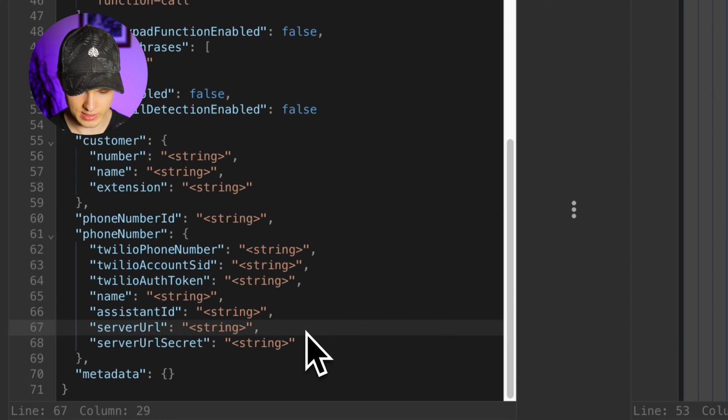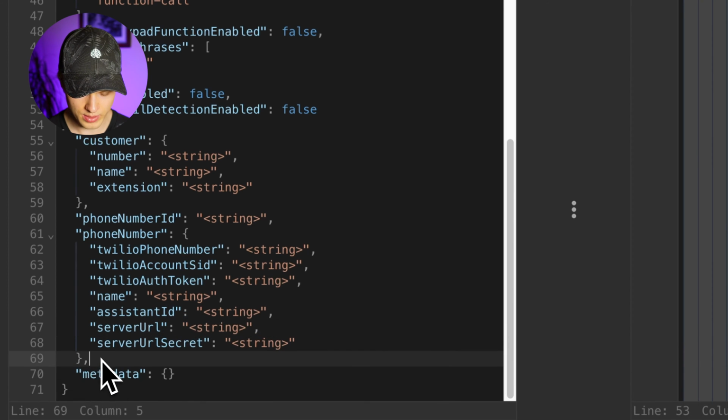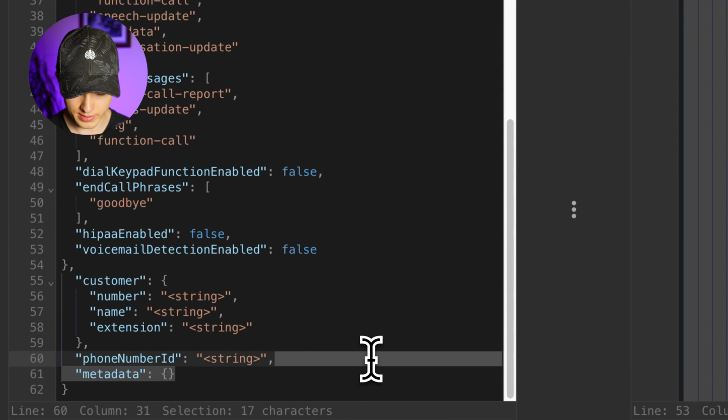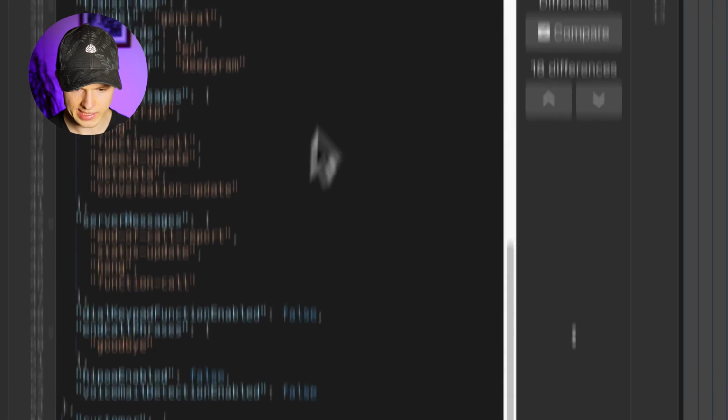The phone number ID we can actually leave, because we have the phone number, so we don't need to temporarily create an assistant phone number. So I'm just going to remove this part as well, and I'm also going to remove that last part. Boom. Okay, so now we also need to set up a phone number ID,